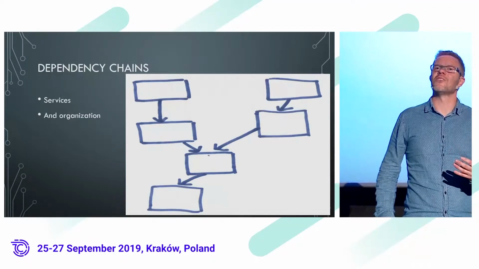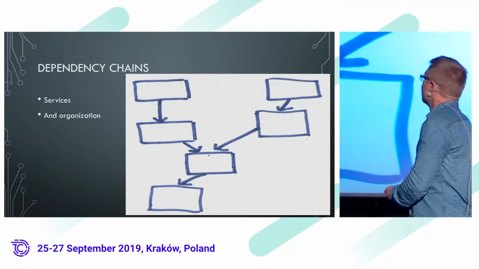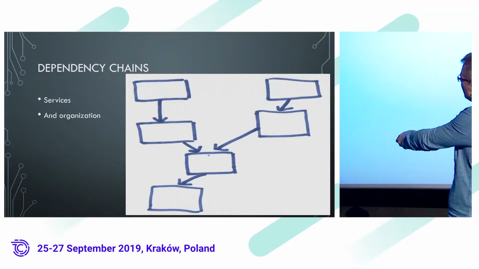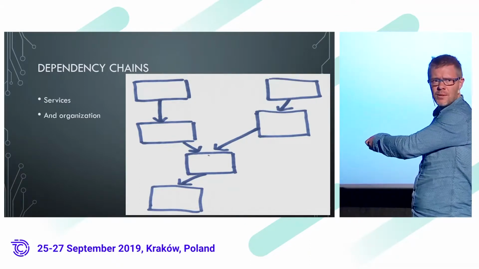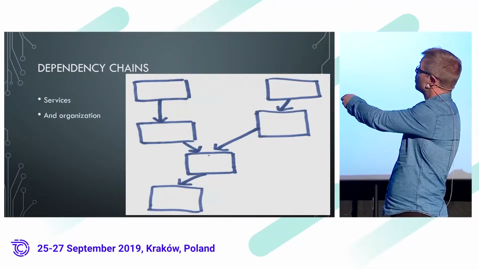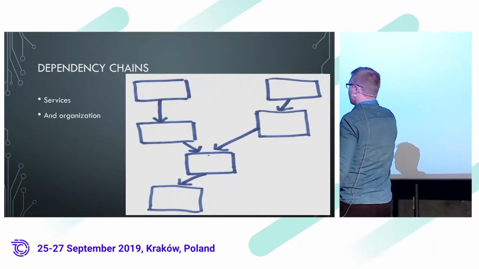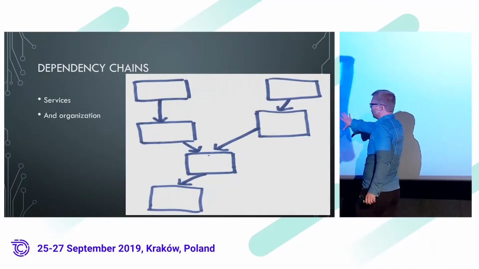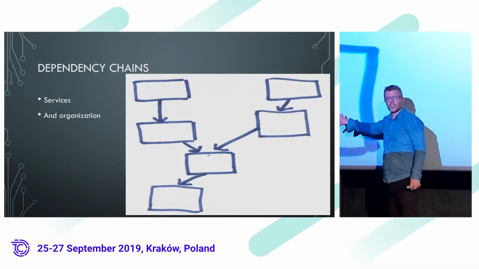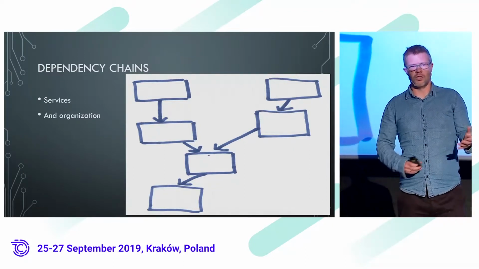So if we design it in a way where they have to ask, is it okay for me? Can I change this API now? And what does that mean? Do I pull you down, which means that everything is now down as well? Then we've created a situation where the team down here will look really bad and really inefficient. But it's not really their fault. It's because we've made a bad architectural decision.